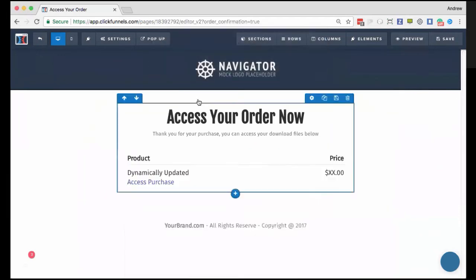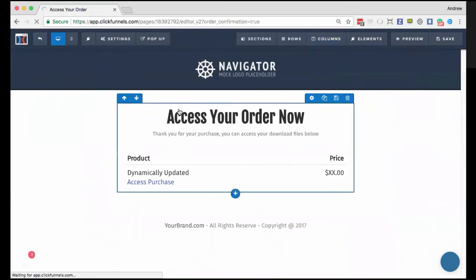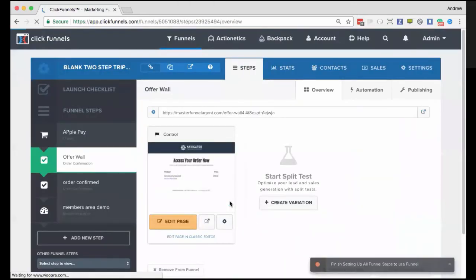Jvzoo actually uses PayPal. So what you would do with Jvzoo is you'd create your funnel inside of ClickFunnels, and then you would basically set that up inside of Jvzoo. We have an article that outlines that process. PayPal is the same way. Now, PayPal does not function inside your funnel. It's more of an external processor.